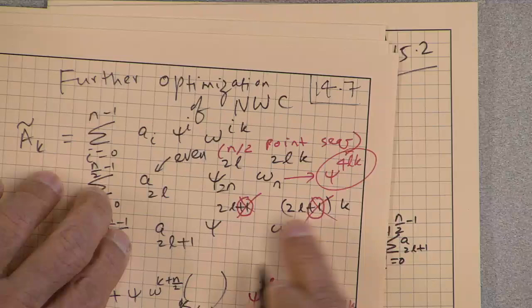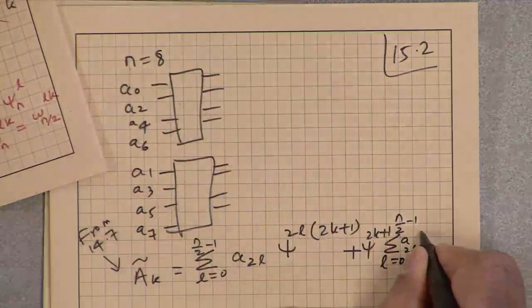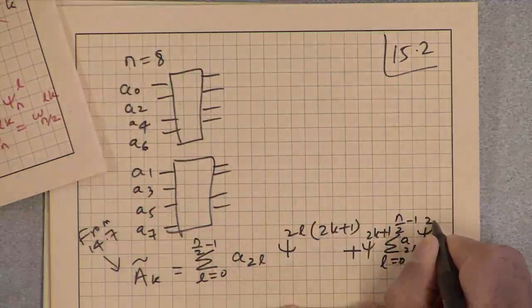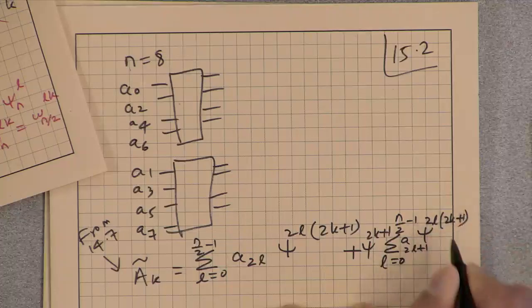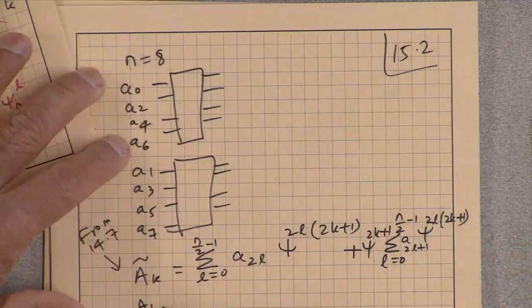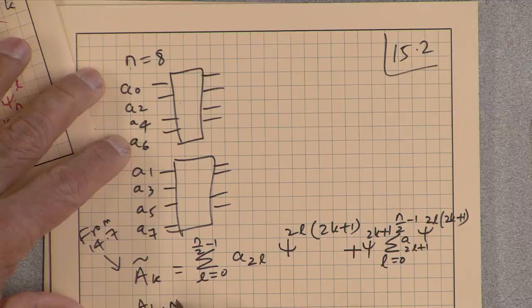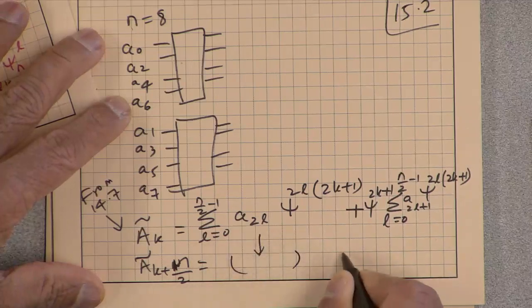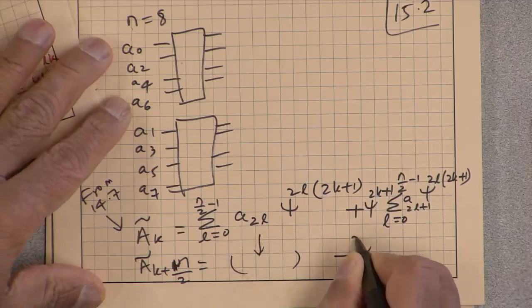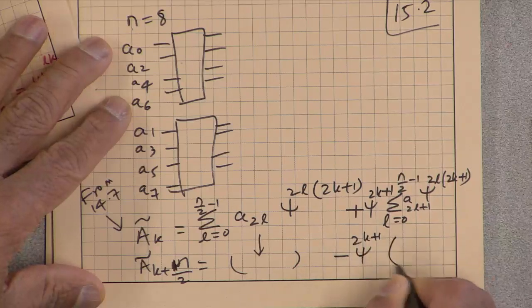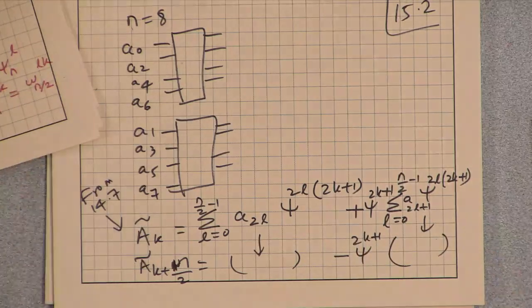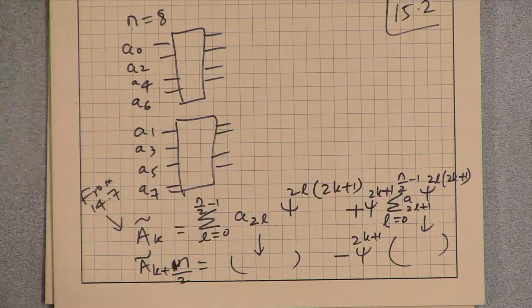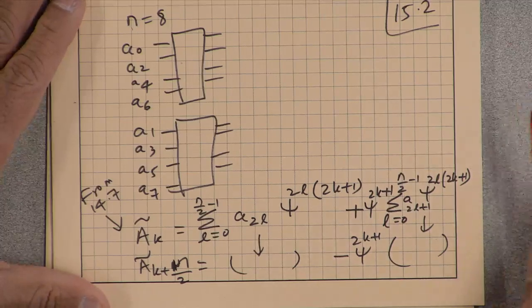Same thing here, 2l k, 2l. And a k plus n by 2 tilde is equal to the same thing minus psi to the power 2k plus 1, same thing. Okay, so that's good. Now think about psi as the new twiddle factor and think about this